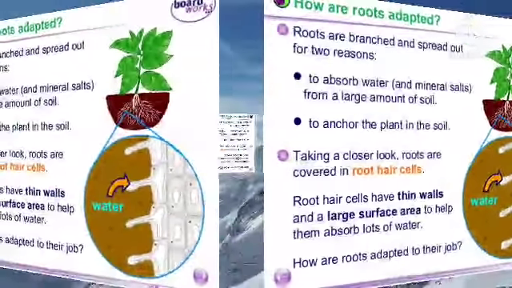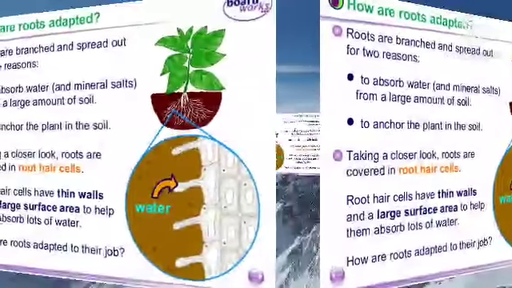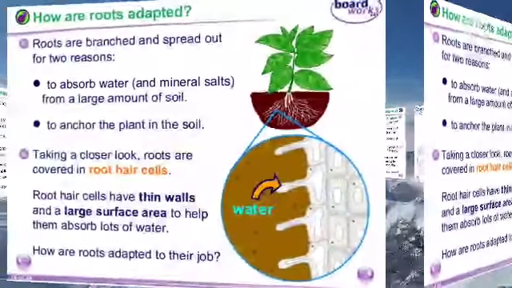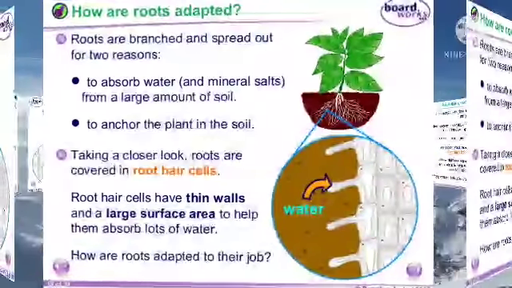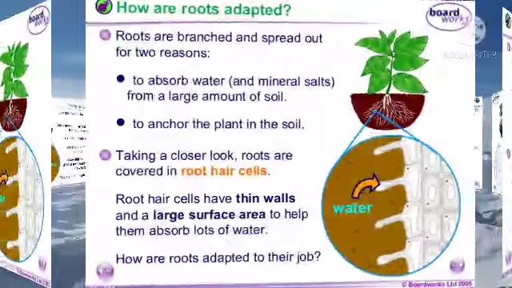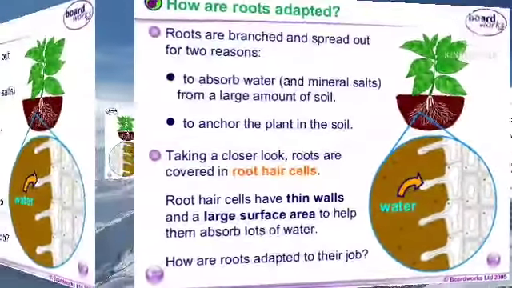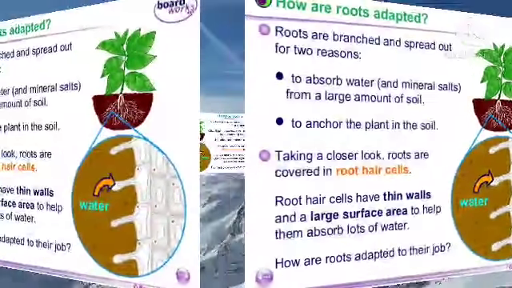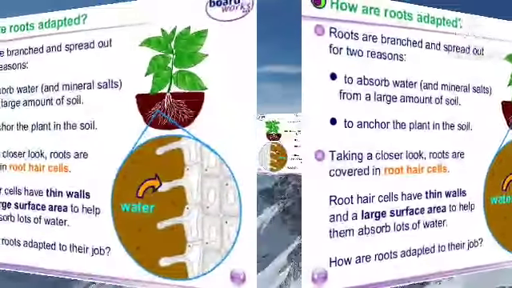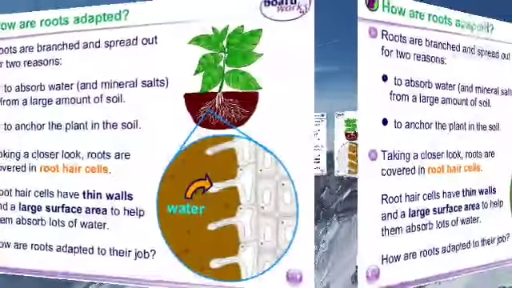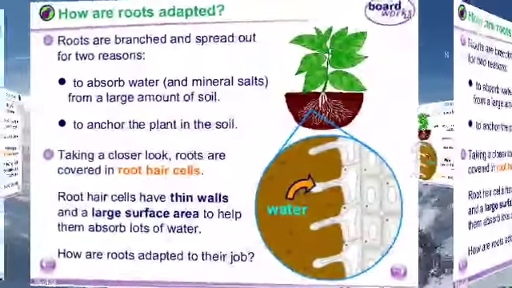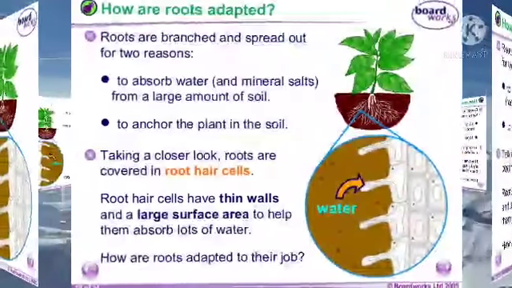If the roots have a huge surface area, then they will be able to absorb more water and more minerals. That would be helpful for plant growth. Next, we will study that the cell sap of root hair has a higher concentration than the surrounding water. You know that water and minerals always move from higher concentration to lower concentration.